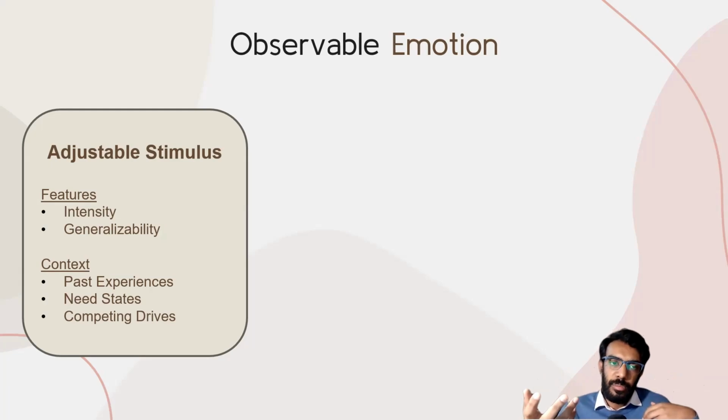Talking about that food will also make you happy. When we talk about learning theories, we'll talk about the concept of generalization, or if you studied it, you may know already. And the stimulus is also put in context by certain other things, such as your past experiences, right? You have memory of certain things.